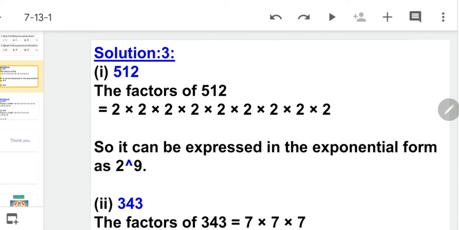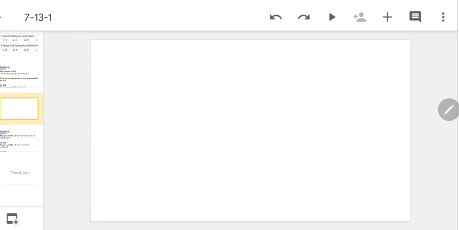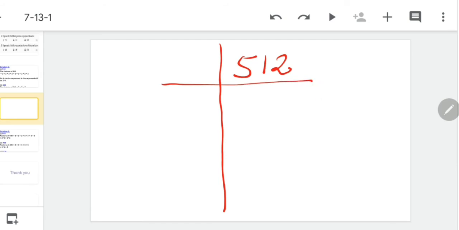For the first part of the third question, you can see we have 512. Okay. So first, let's see how we have to do it. We have 512, so we have to do prime factorization for this. This is the simplest way to find the exponential form of the prime factors of a given number. So let's do it. The very first thing to keep in mind is that it is prime factorization, so we have to start from the very smallest prime number. So yes, this 512 can be divided by 2. So we will start from 2.